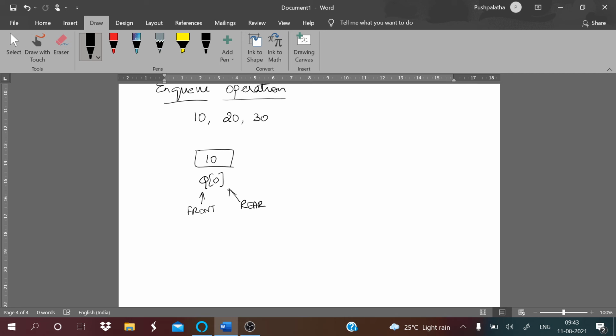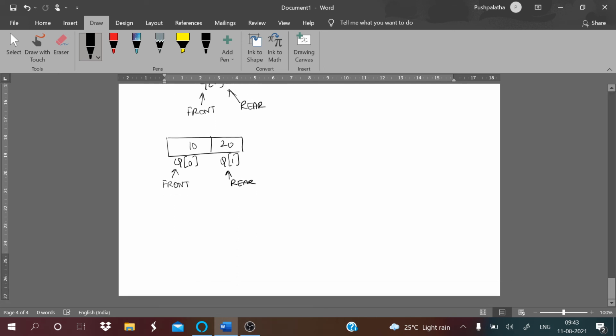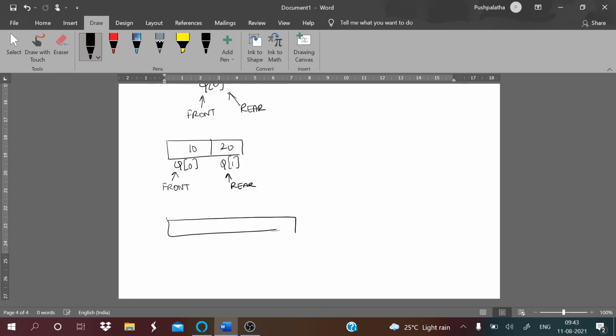And if you are inserting the next element, that is 20, you have 10 and 20. So this is your queue of 0 and this is your queue of 1. This is your front and this is your rear. Right? This is after inserting 10 and 20. Then if you are inserting one more element, 30, this is your queue of 0, queue of 1, queue of 2.